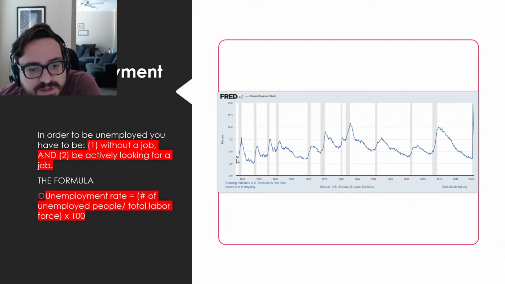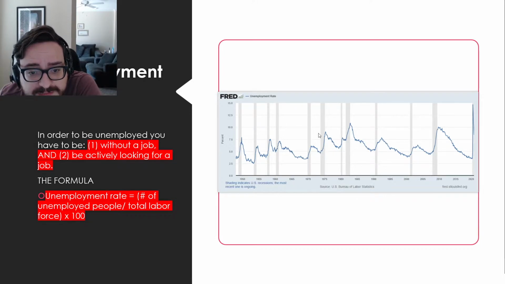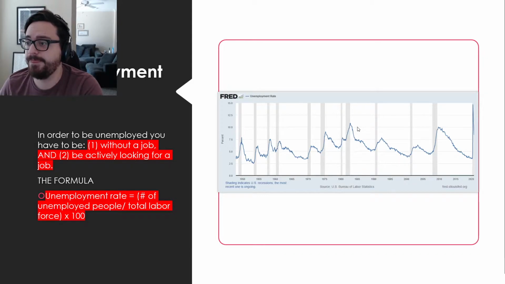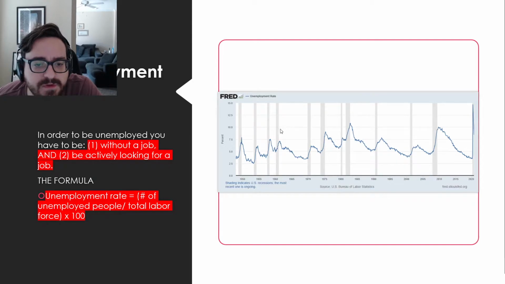You've got some peaks, and what you have are these little gray lines. Those gray lines are recessions. Those are periods of significant economic turmoil. And what you'll see with just about every single one of these gray marks is you have a spike in unemployment. And recessions are marked with rising unemployment. So it's pretty one-to-one of if there's a recession, unemployment will be going up. It is basically impossible to not have a recession without higher unemployment. And what you see here is that we've had them quite a bit.